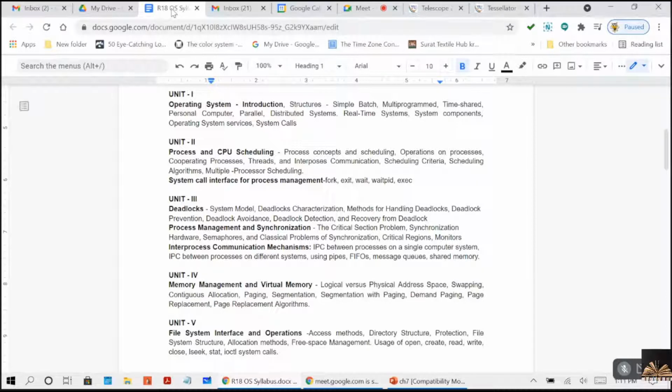So in these deadlocks, we already know the definition of deadlock, right? What is a deadlock? You can say it's a permanent blockage of the resources, yes or no, right? A process is holding a resource and waiting for some other resource that was already held by some other process, right? So in that way, if the resources are blocked, then we can call that situation as deadlock, right? So in deadlocks, we'll see the system model, what are the characteristics of the deadlock, right?